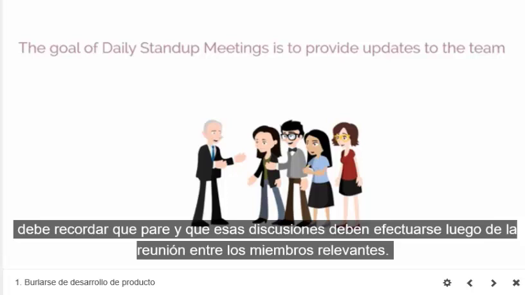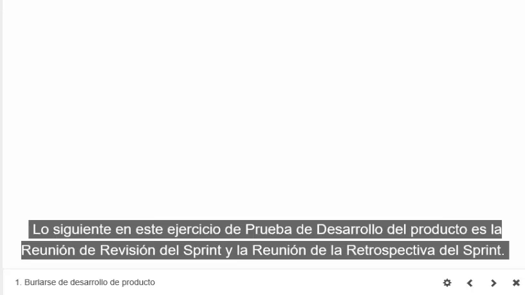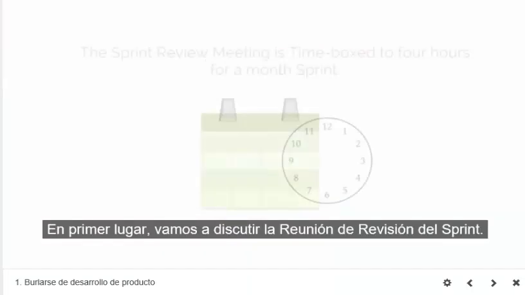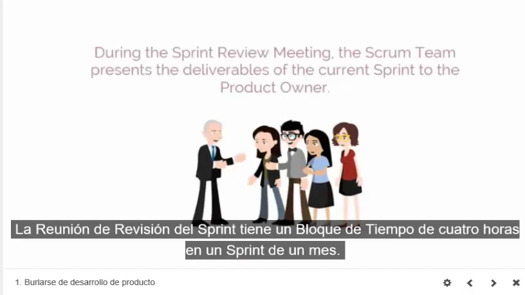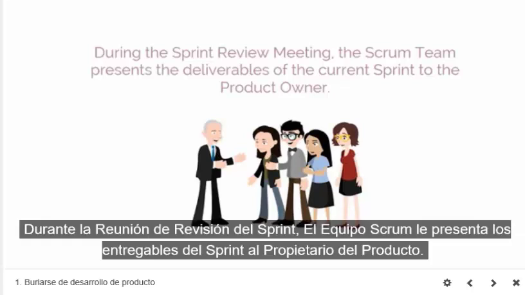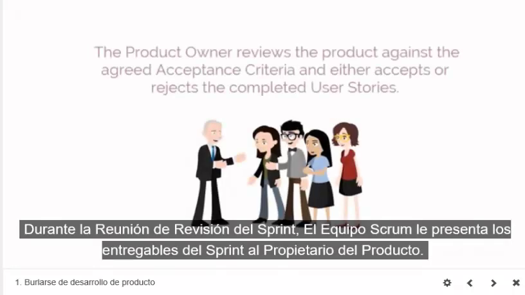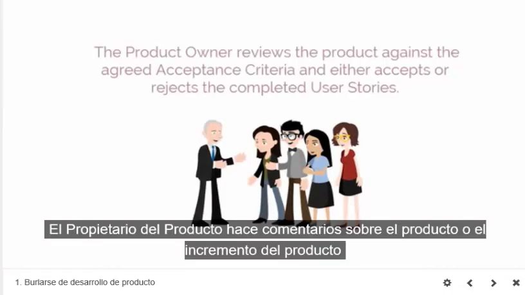Next in this mock product development exercise is the implementation of sprint review meeting and retrospect sprint meeting. First, let's discuss the sprint review meeting. The sprint review meeting is time-boxed to 4 hours for a 1-month sprint. During the sprint review meeting, the Scrum team presents the deliverables of the current sprint to the product owner. The product owner reviews the product or product increment against the agreed acceptance criteria and either accepts or rejects the